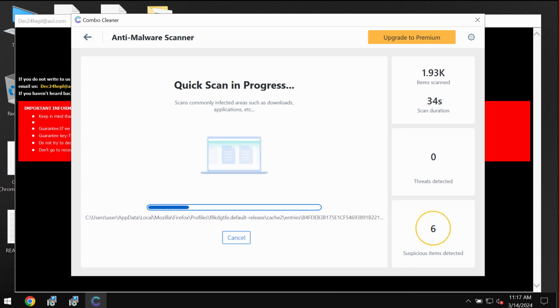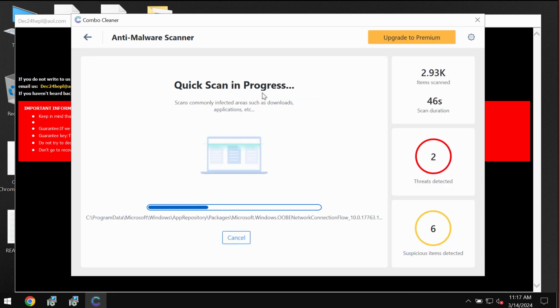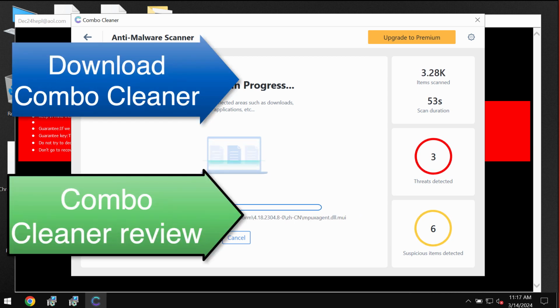You will be able to know all their exact locations on your computer. Well, I recommend you to upgrade to Premium, and you can request a trial to fully evaluate the features of Combo Cleaner. Combo Cleaner helps to effectively remove the ransomware and to protect the data, even though it does not decrypt